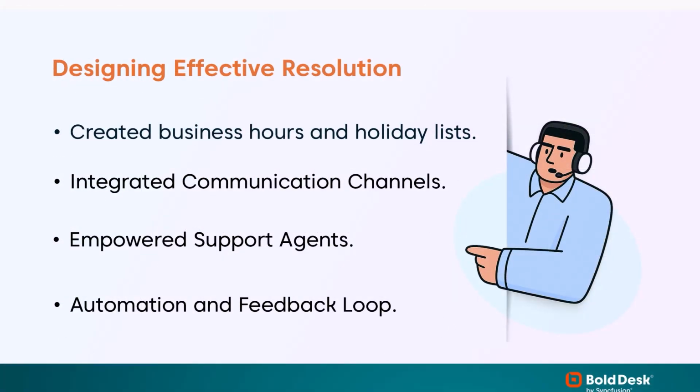Now that takes us to the next topic, that is the framework for designing journeys. Here is a practical framework you can apply to enhance customer experience and streamline operations. First, start by mapping the entire customer journey. This simply means carefully identifying pain points at every stage, from the very first point of contact all the way through to closure. Next, focus on integrating channels to ensure seamless continuity across all touchpoints, whether it's chat, email, phone,